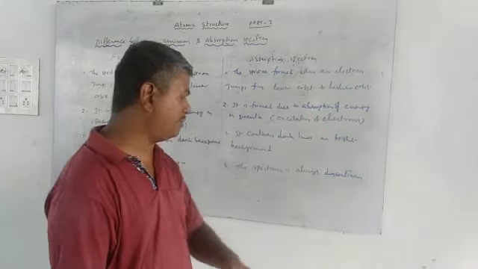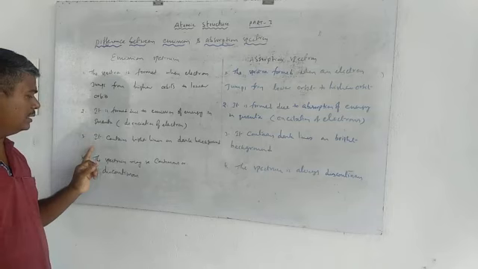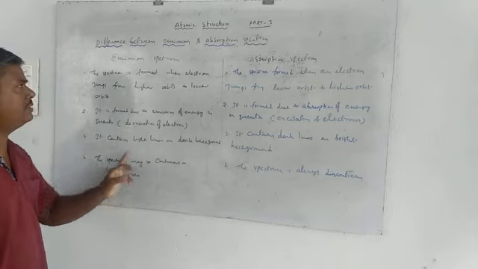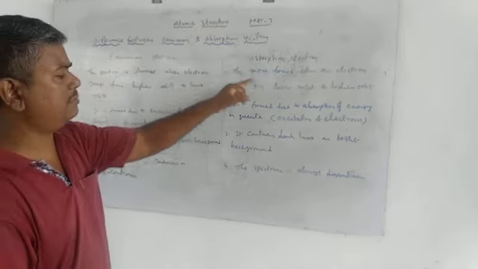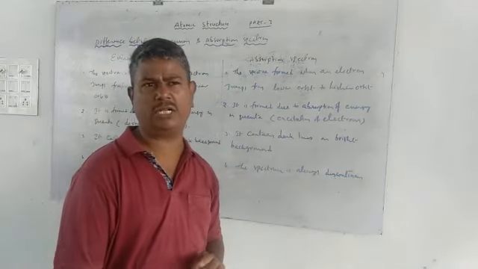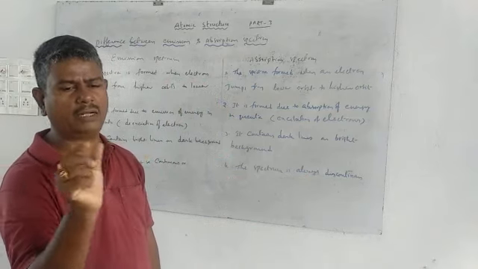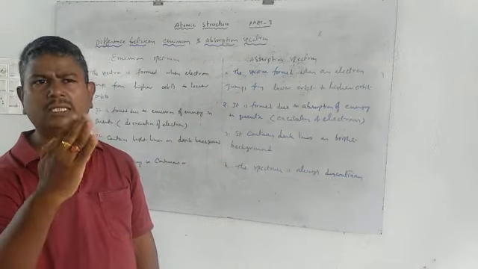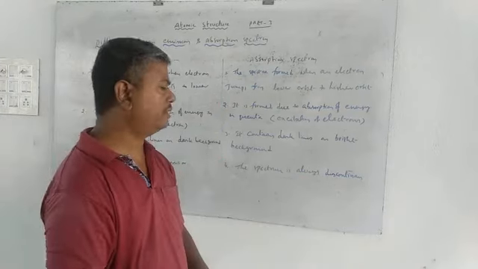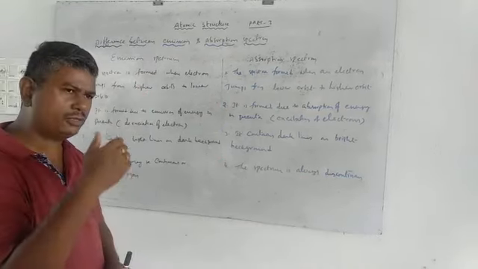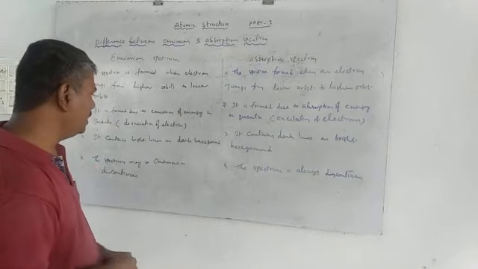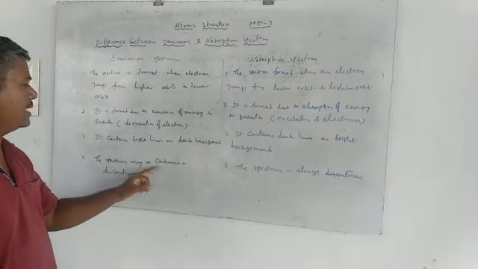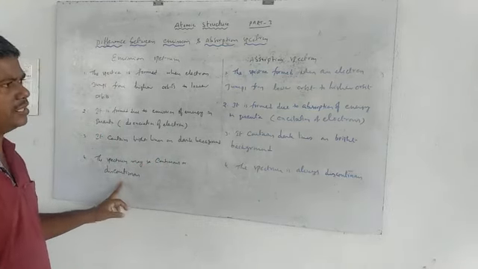The emission spectrum is formed due to the emission of energy, whereas the absorption spectrum is formed due to the absorption of energy. Now the next one: the emission spectrum may be continuous or discontinuous, but the absorption spectrum is always a discontinuous spectrum. Discontinuous means dark and bright, dark and bright, dark and bright. But in the case of emission, it continuously gives energy, so every time we get bright lines on a dark background. So it is a continuous, or sometimes discontinuous, spectrum.